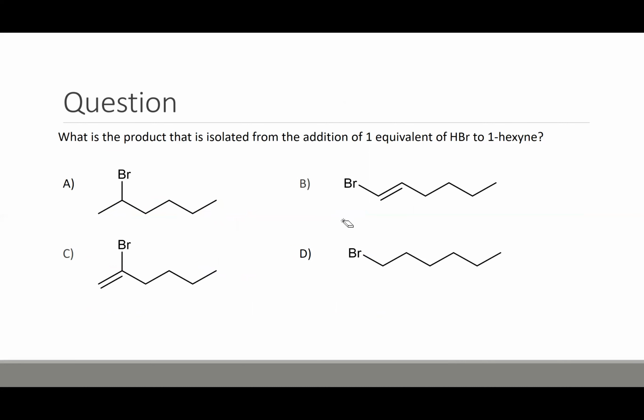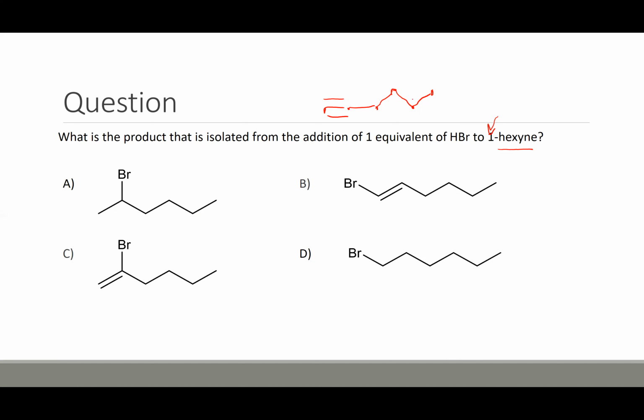So which of these products would be isolated when you do the reaction of an addition of 1 equivalent of HBr to hexyne? So we're starting with a triple bond. It's 6 long, and the triple bond is on the 1 position. So 1, 2, 3, 4, 5, 6 membered chain, triple bond on the 1 position, and we're adding 1 equivalent